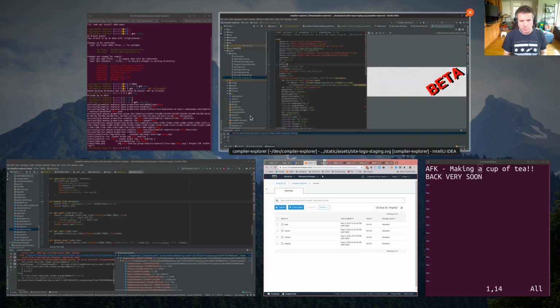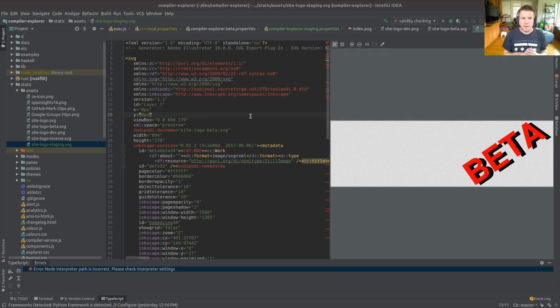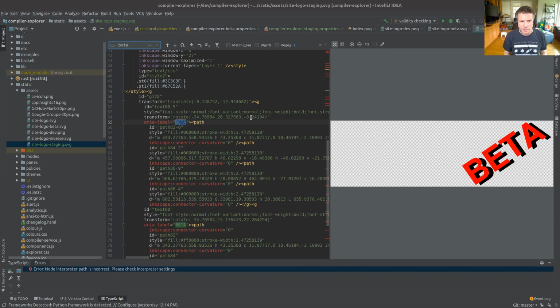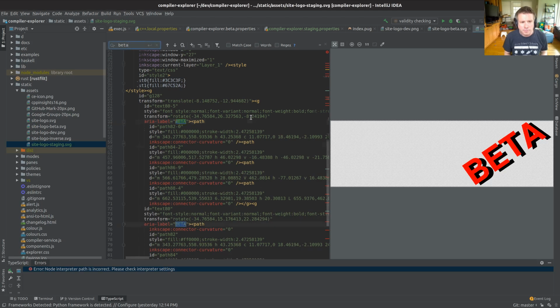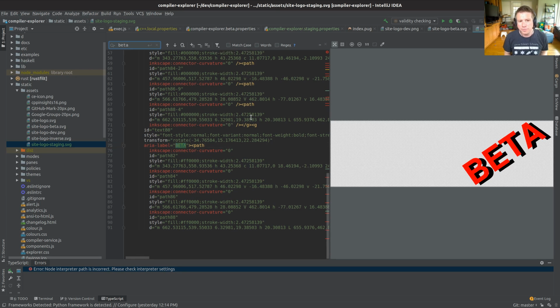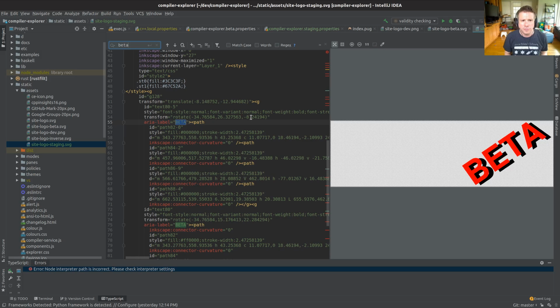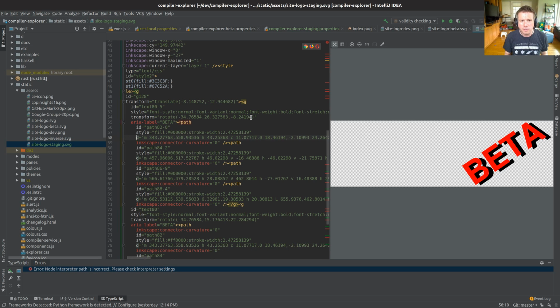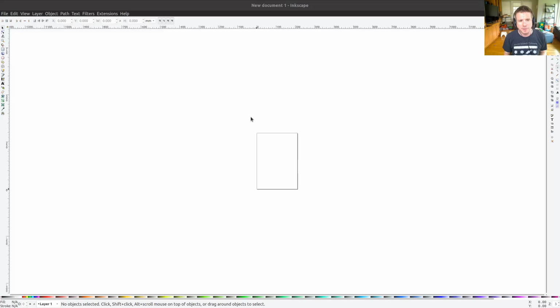So let's load up Inkscape, which is my poor man's editor for this type of thing. Although, if this is done as actual text in here, blast. See, wouldn't it be nice if those two things there were just text, font style normal, aria label equals that. But there's all this stuff in there which is clearly drawing a picture. Otherwise, it would be nice to just rename this, and then it would just be the different text.